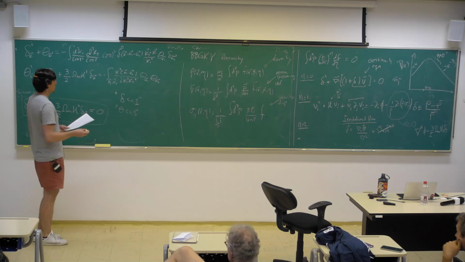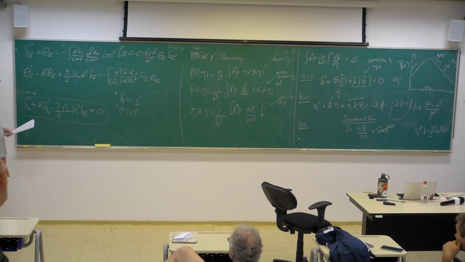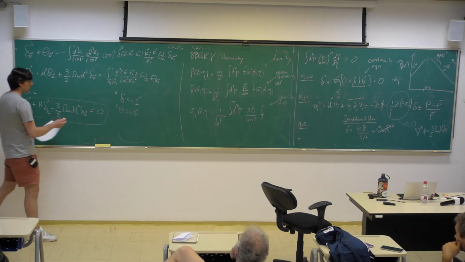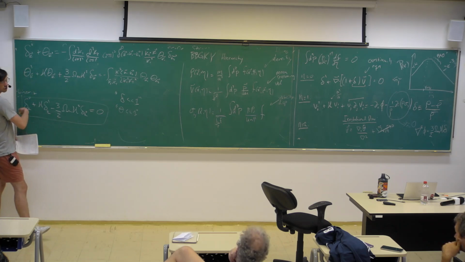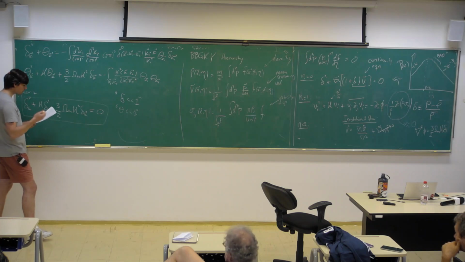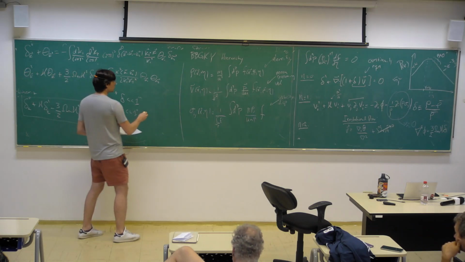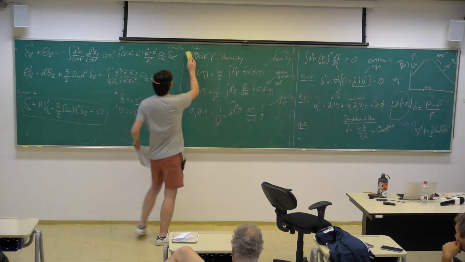The first thing that I'm going to do is assume that we're in matter domination. In matter domination, it turns out that the time evolution is scale-free. We just get something called an Einstein de Sitter universe, and that makes things a little bit easier. You can go to the references and they show you how to treat the more general case. But the basic idea is that the linear density only grows as the scale factor. So all that I'm going to do now is search for the following solutions.